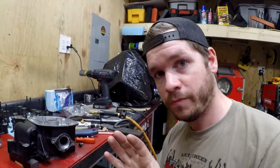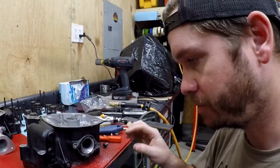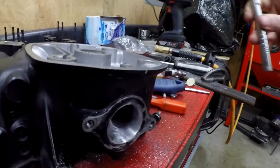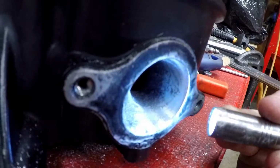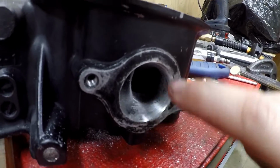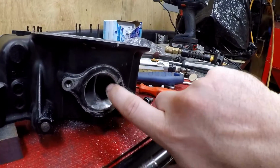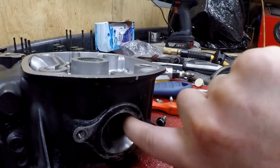Okay, so what I'm doing is just barely taking off some material. I'm getting real precise. I'm not changing the shape of the port or anything like that. I'm just barely taking off some material here. So as the air is coming into the intake, it bends. So I'm just smoothing this transition. There's just a little tiny bump right there, and that will